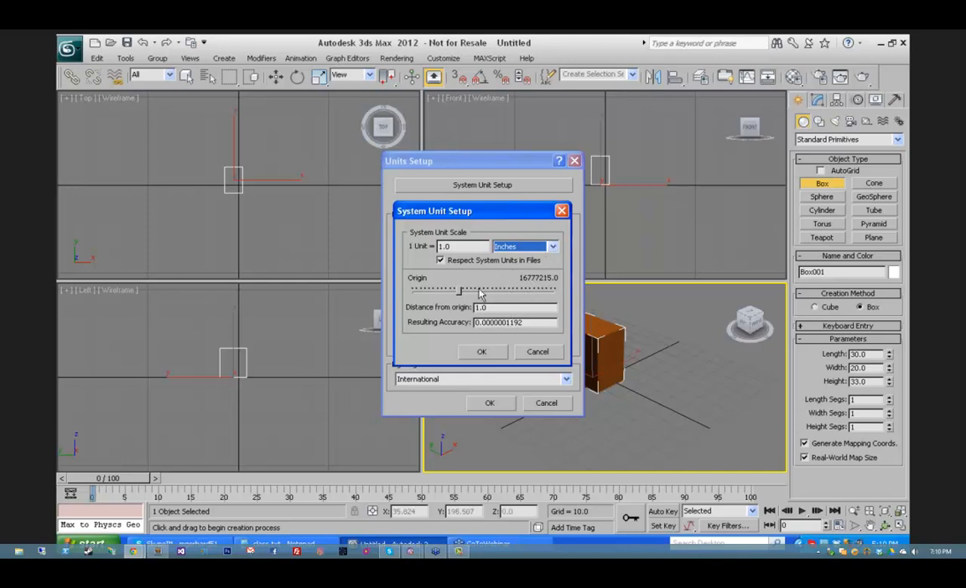But before I do it, I want you to look down here and see what this says: resulting accuracy, distance from origin. What is this about? Max uses something called floating point mathematics. Floating point mathematics means that it rounds. As numbers are coming into the system, it says, oh, look at that great big number, I'm just going to call it 17. Oh, look at that great big number, I'll call that one 16. So what that means